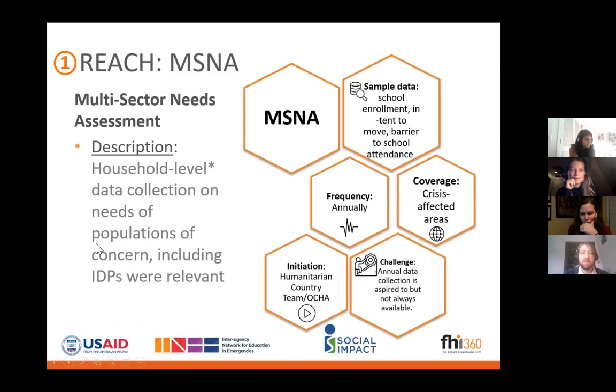So the next resource that we'll speak about today is REACH's multi-sector needs assessment. So it's almost the same name, but has needs instead of location. And this is a household level data collection on the needs of populations of concern. So in countries where IDPs are a population of concern, which is many of the countries in which many of you work, there will be a flag within the data for IDPs. And then in the reports, they might report that data separately. In some cases, you might need to request access to the data to be able to pull out certain subgroups